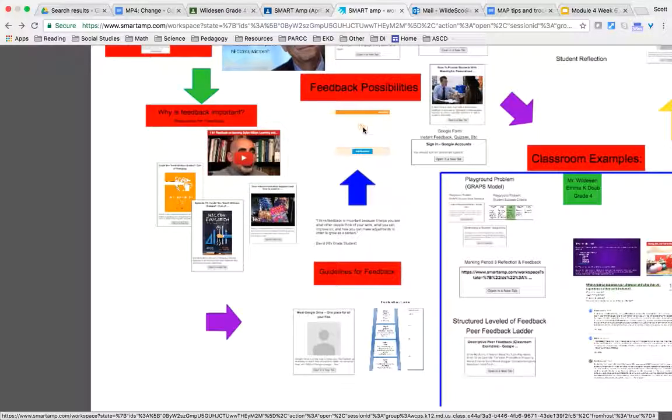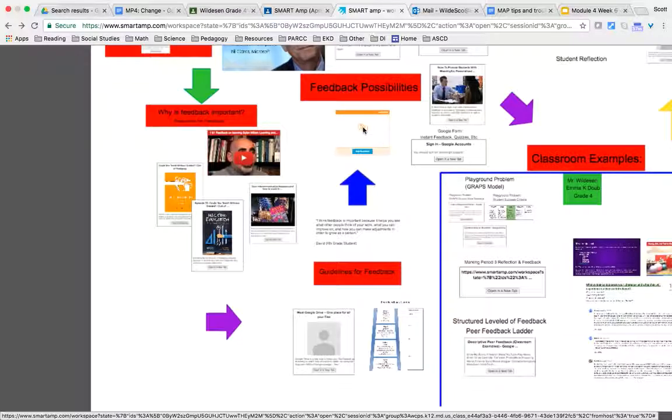SmartAmp really gives you the opportunities to include various levels of assessments and feedback. You could include images of a text, have the students read it, highlight a response, and then do a written response based off of that. You could include a video to go along with the text and compare them. And then it gives you the opportunity to visit their workspace and see their work.